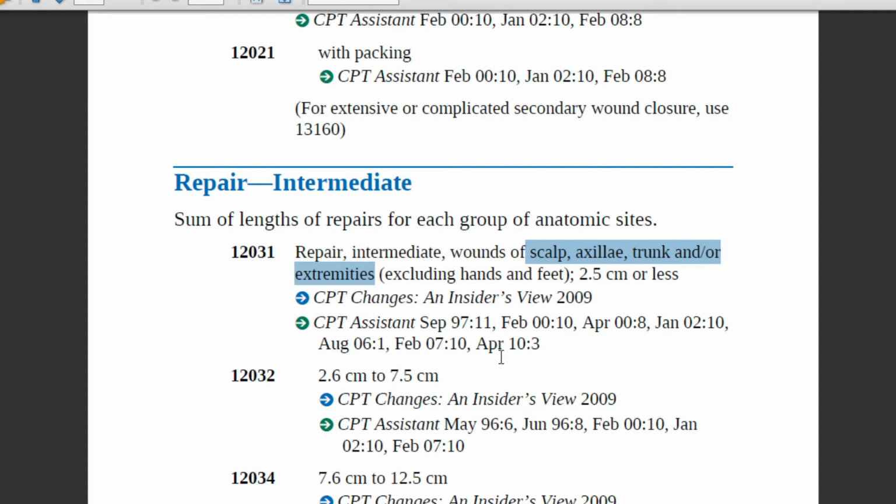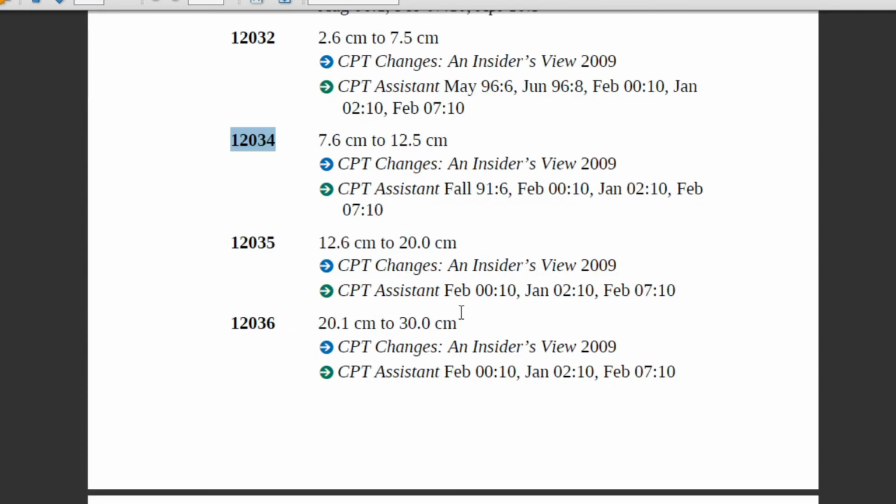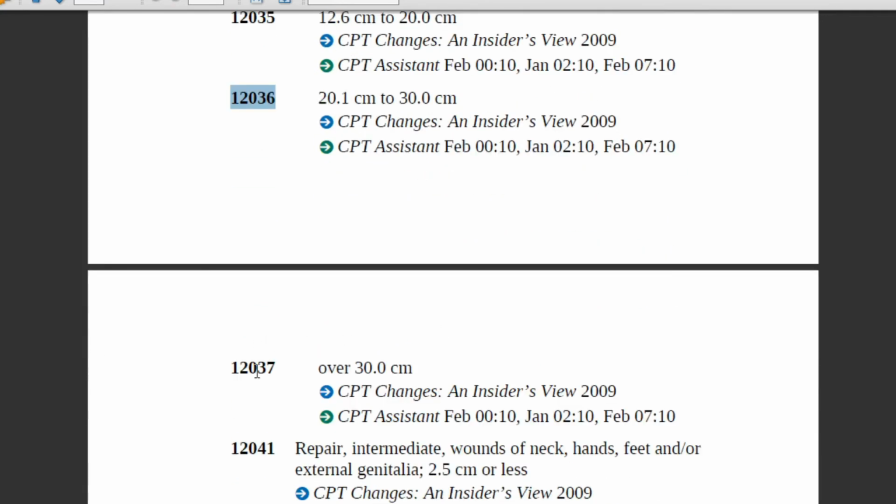Remember, this code does not include hands and feet, and the diameter in this code description is 2.5 cm or less, and up to 7.5 centimeters you will code 12032, and up to 12.5 centimeters you will assign 12034, and up to 20 centimeters assign 12035, up to 30 centimeters assign 12036, over and above 30 centimeters you can assign